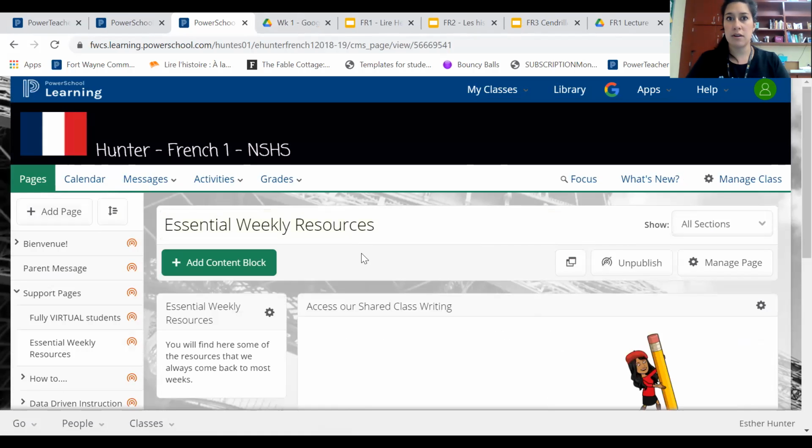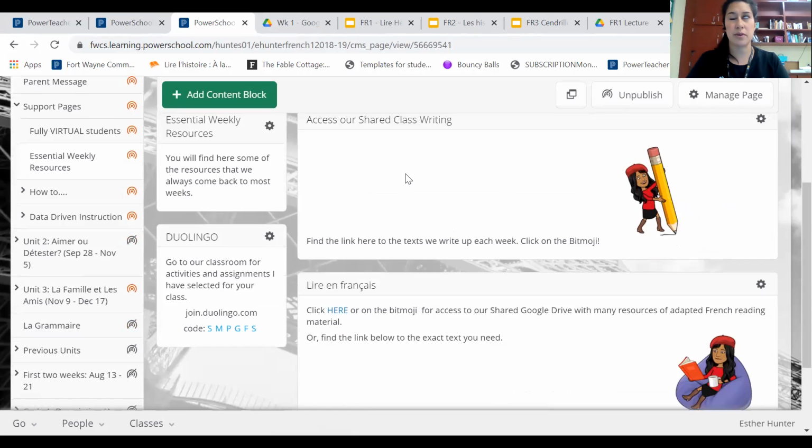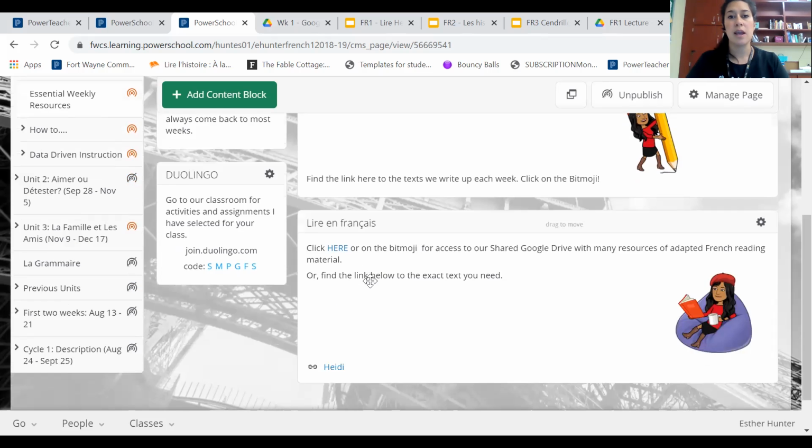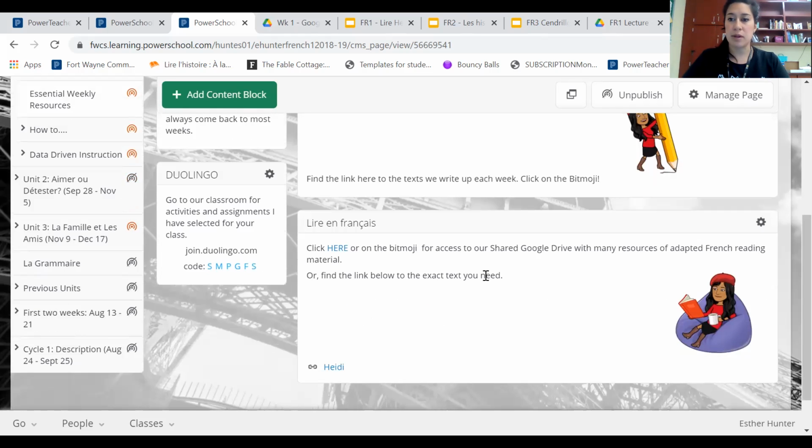Now you may not come here that often. This is where our shared class writing is. This is where I will also have our special person interviews. This is where our Duolingo code is. Anything that we use fairly regularly, like on a weekly basis. Since reading is now going to be on a weekly basis for us, I have included access to Heidi here.